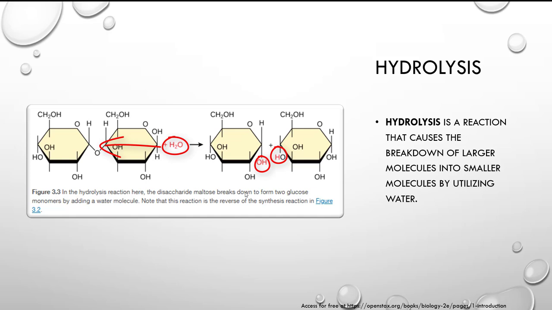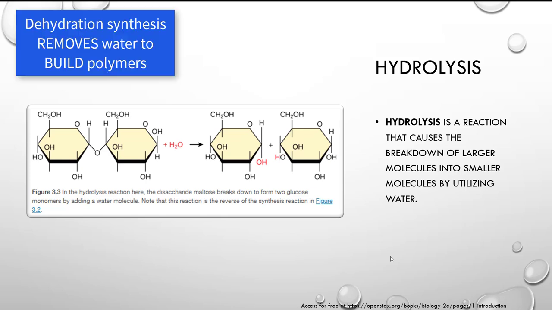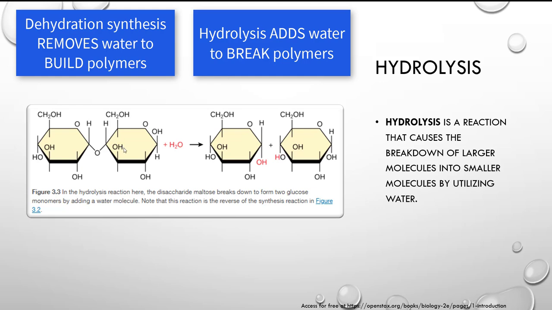So it's just a reverse of the dehydration synthesis in this example. Pretty simple. So just remember, dehydration is removing water to form a polymer. Hydrolysis, we're adding water to break apart a polymer. Okay,